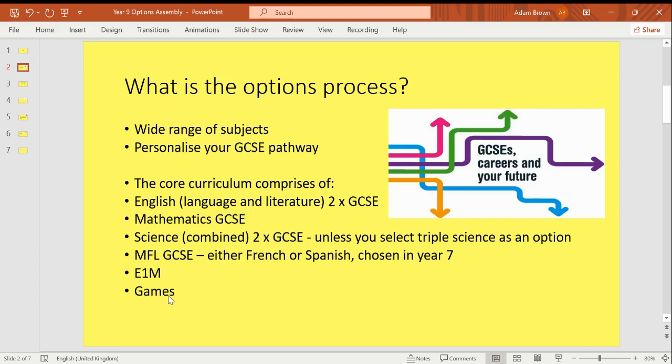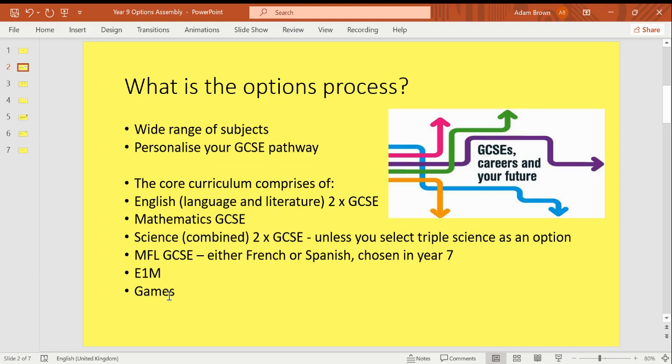So this is the first start of many important phases of their education, where they get to make more choices about what it is that they study. This is a chance for them to personalise their pathway whilst maintaining a really broad and balanced range of subjects. In terms of keeping the curriculum broad and balanced, it's essential that there's a core curriculum that is